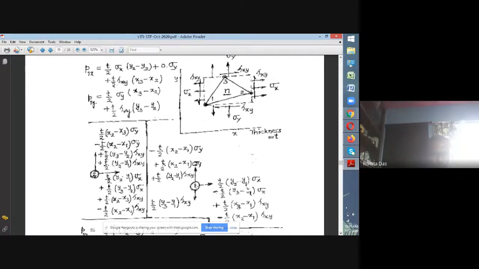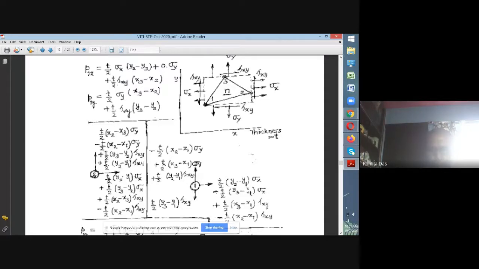So this is node number 1. If you consider node number 1 and the boundary 1 to 2, the load that is coming in the x direction is due to this vertical segment from here to there, and the sigma x stress. And what is that load? It is the coordinate of point 2, y2 minus y1.